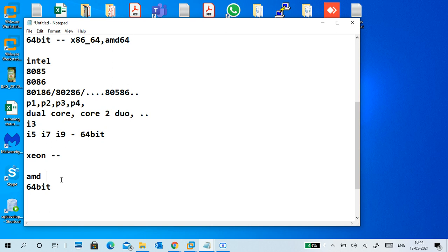AMD manufactures 32-bit as well as 64. 32-bit is there, 64-bit is also there, but more popular is 64-bit processors. Even at that time we didn't have much 64-bit kind of stuff, but they launched more processors in a 64-bit manner only. It's before Intel launching 64 more publicly. AMD launched 64 publicly, more of the type AMD Athlon, Sempron, and so many other processors they launched.